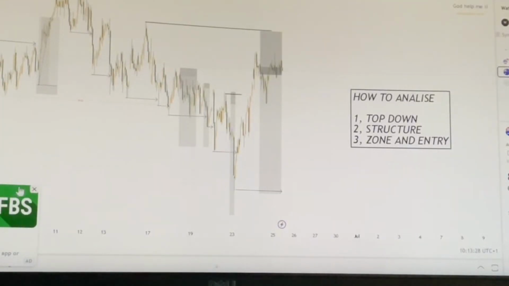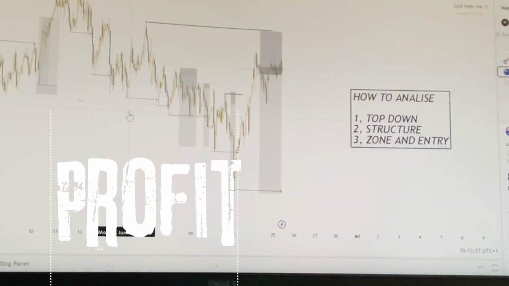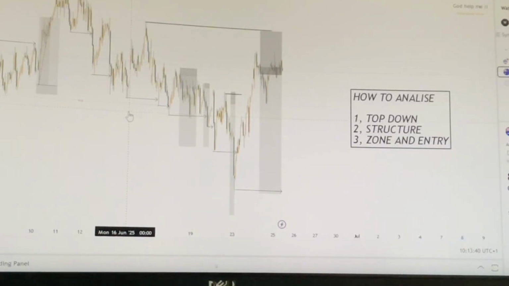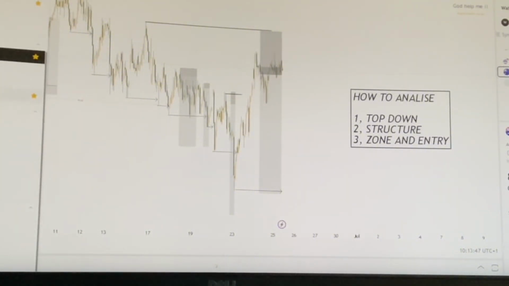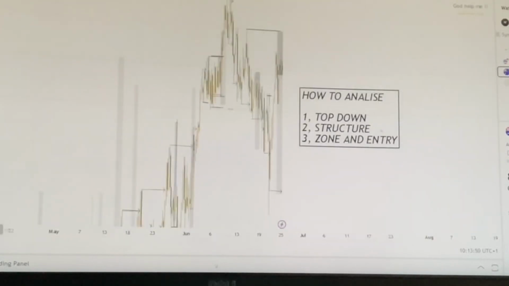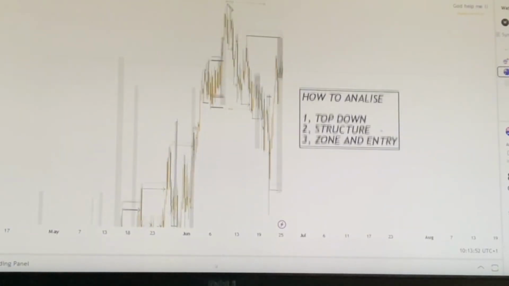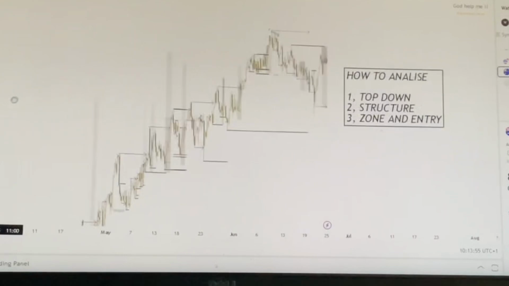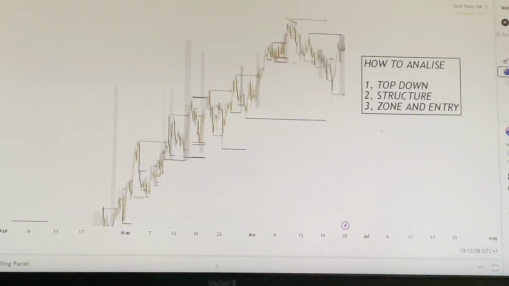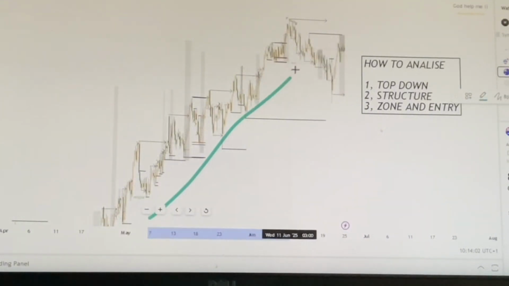Let's watch how, for example, we want to analyze this pair and make profit from it. The first thing we are going to ask ourselves is, we go down to the 4 hours. That's my biggest time frame for analyzing. If you go down to the 4 hours, you have seen that from this area, the market has been bullish, right? Yes. If the market has been bullish from this area, which shows that